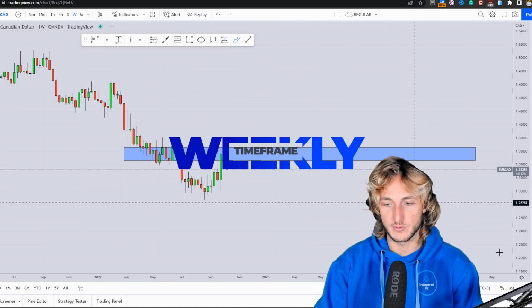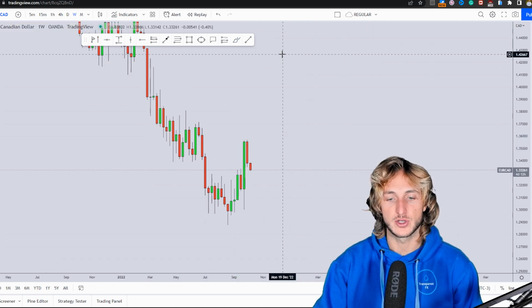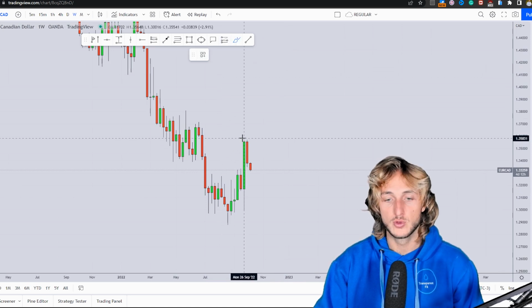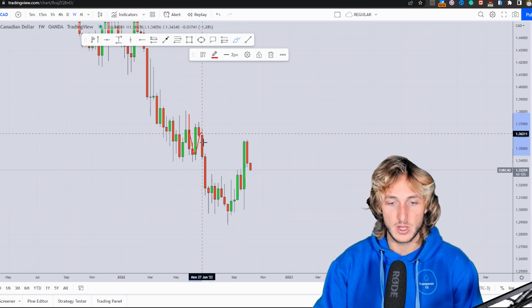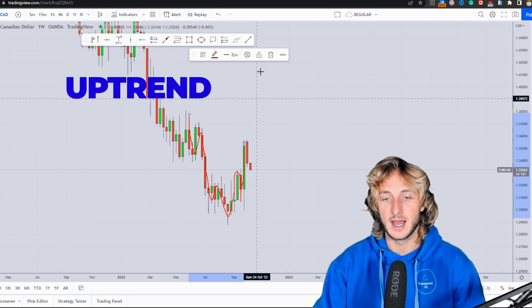Dropping down on the weekly time frame, what do we have? Here on the weekly time frame, however, we can see how the structure has just shifted from the one of a bearish market to currently having bullish structure. In fact, the market went from creating lower lows and lower highs to now creating higher highs and higher lows,